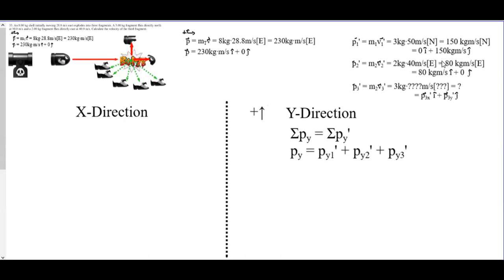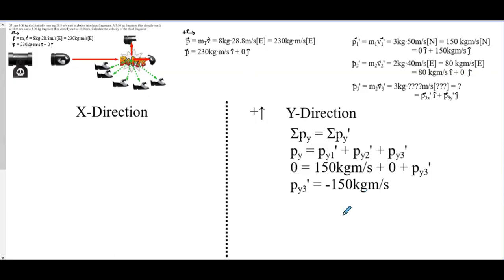I figured out the numbers I need for afterwards, so momentum 1 in the Y is going to be 150, momentum 2 in the Y is 0, and momentum 3 in the Y, that's what I'm trying to find. So plug in my numbers, 0 initially for the Y. It looks like this. So as you can see, 0 there, 0 there. The only way to cancel out the 150 kilogram meters per second is if this is a negative 150 kilogram meters per second. So if you bring this to the left, it would be negative, and you would end up with the momentum in the third